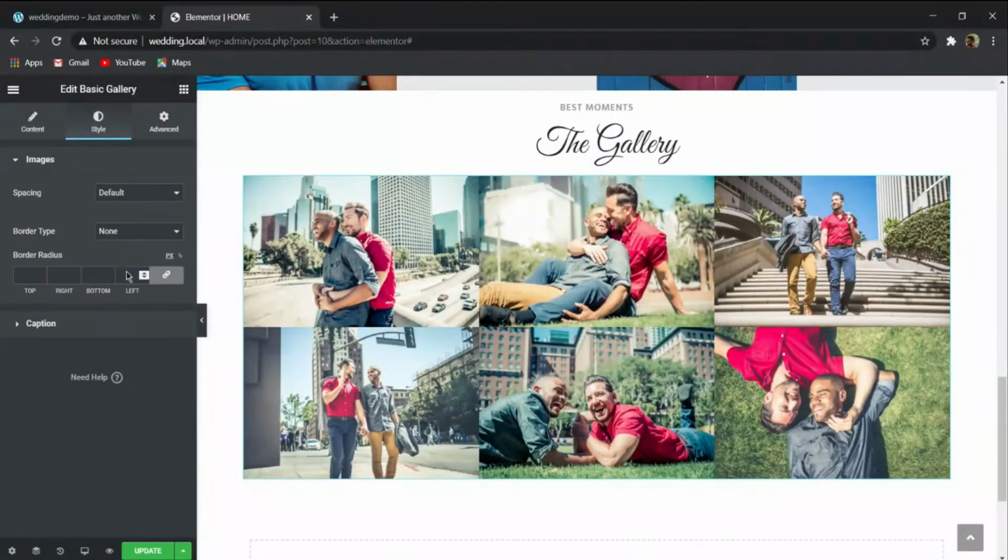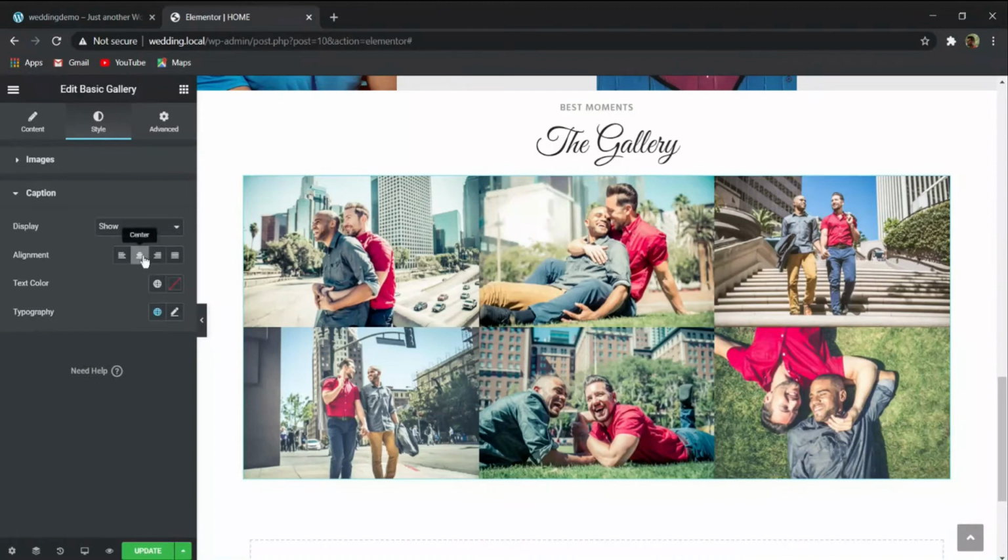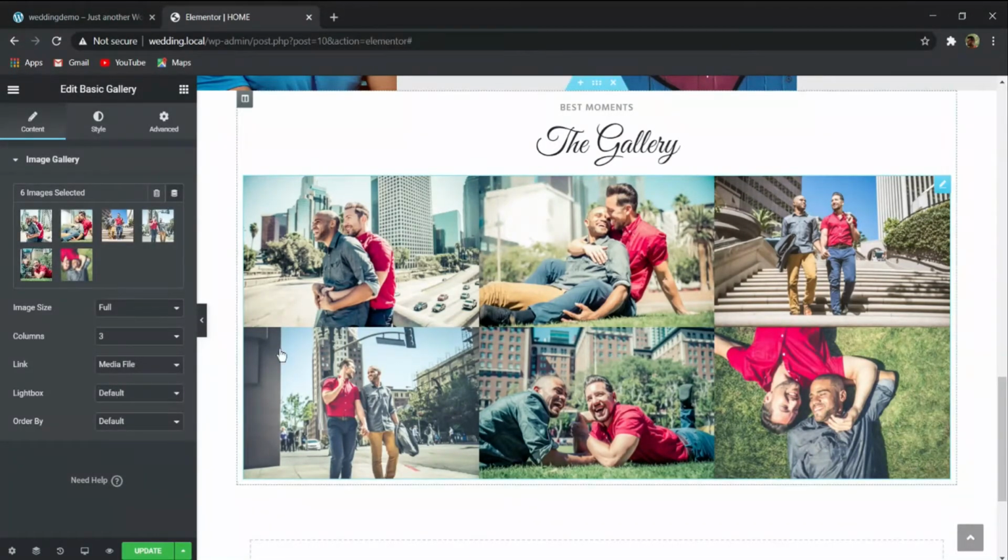And then go to the style, and here also if you want to give some border radius, then you can give. So if you don't want to give this border radius, you can do one thing. Suppose on this content size,